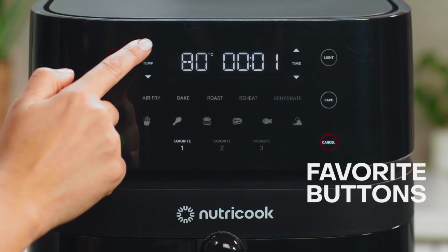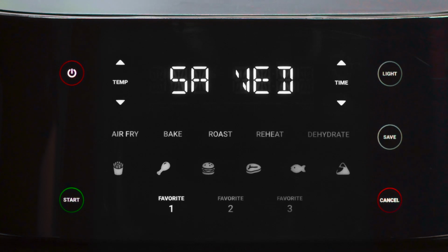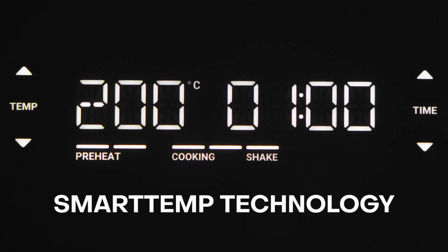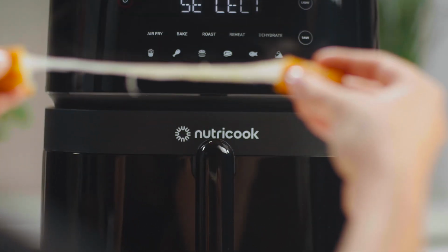Want your favorite meal at the touch of a button? Save up to 3 of your favorite recipes for easy one-touch access, so you can come back to your most loved meals with ease. Our exclusive Smart Temp Technology automatically adjusts temperature while cooking for perfectly cooked food every single